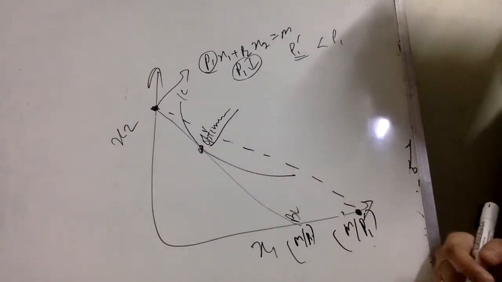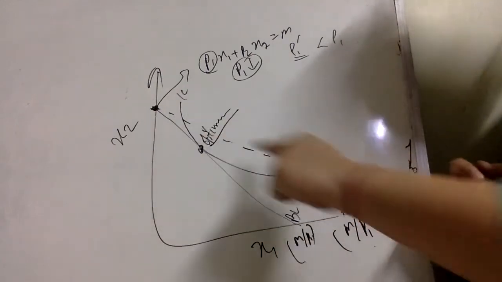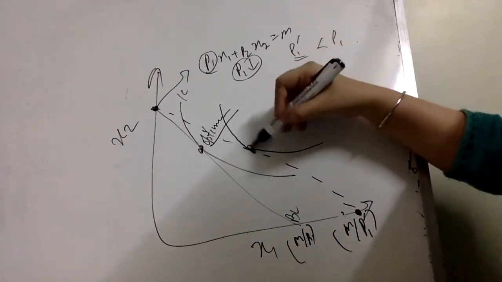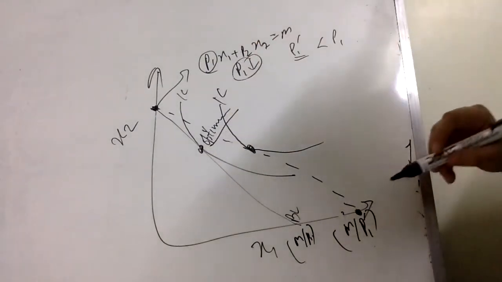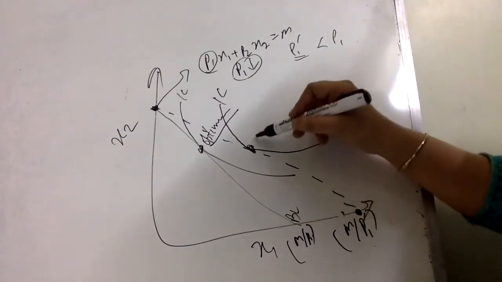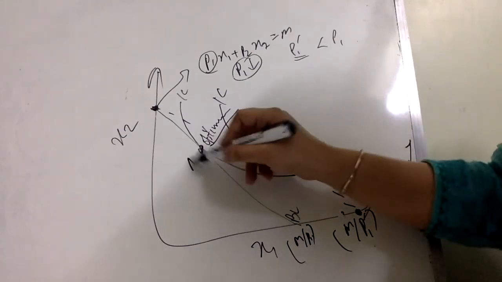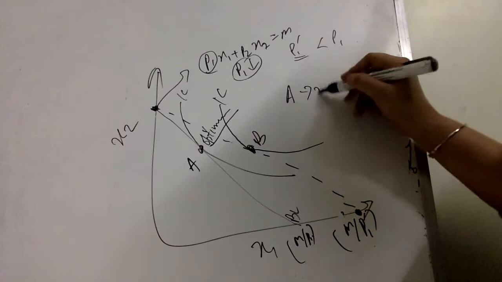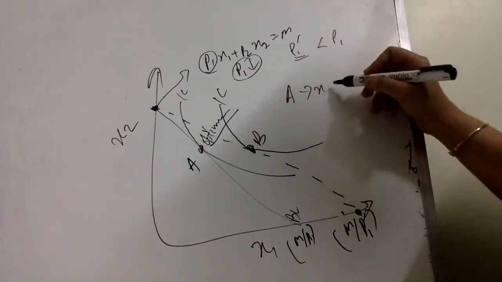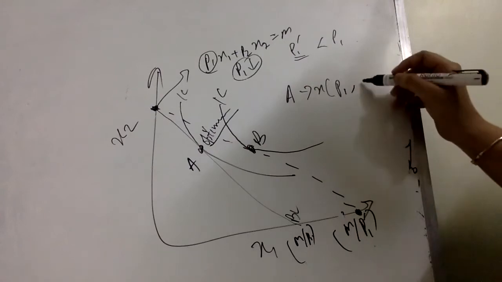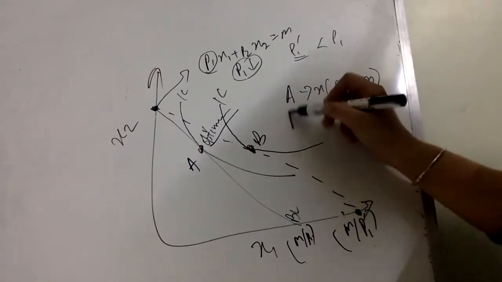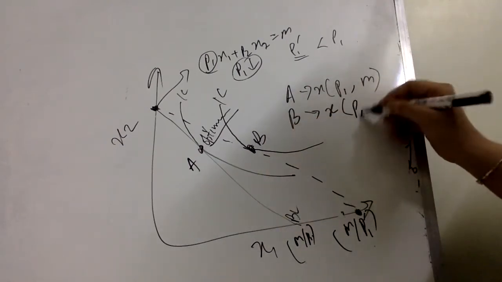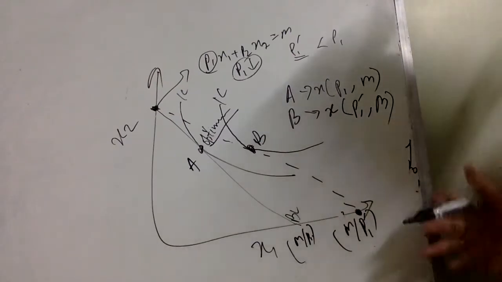Now at this new budget line, I can find another point of optimality, given I have an indifference curve of convex shape. Suppose this is another bundle, say this is B, this is bundle A. Now what can we infer? At bundle A, there is X, which is the consumed bundle, corresponding to P1 and M, the income initially. At point B, however, we have good X, corresponding to which the price is different but the income is the same. As such, income has not changed.